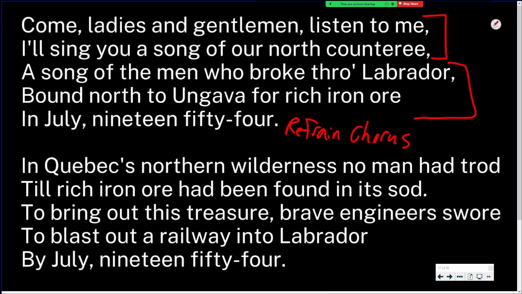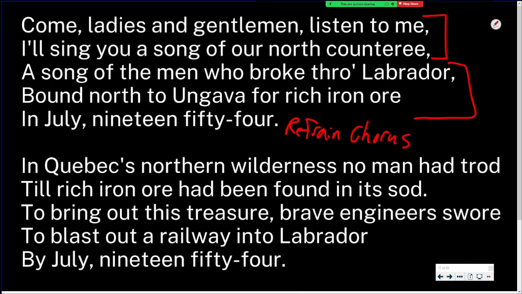360 miles north did they push, and laid down a highway of steel in the bush. They called it the North Shore in Labrador, and true to their promise they brought out the ore by July 1954. Now fill up your glasses and let's drink a toast to a wondrous achievement of which we can boast. And when we have finished, let's fill up once more and drink to the workmen who brought out the ore